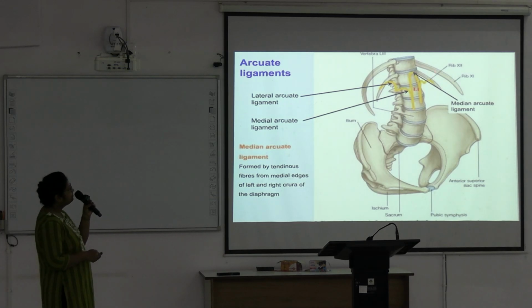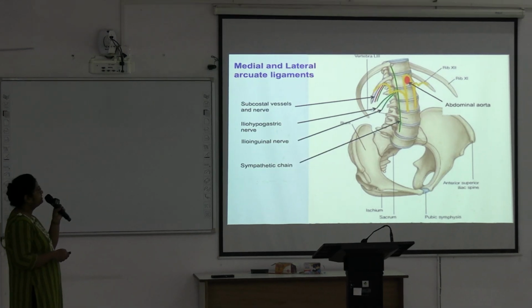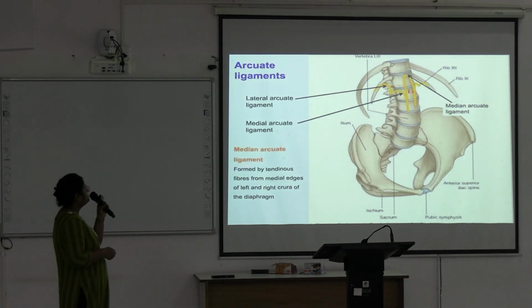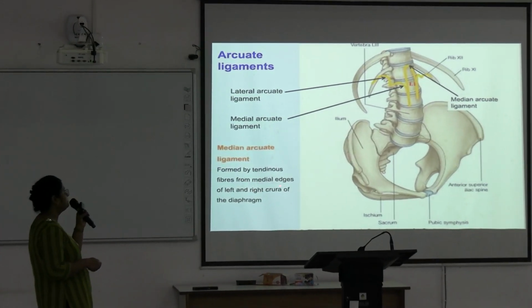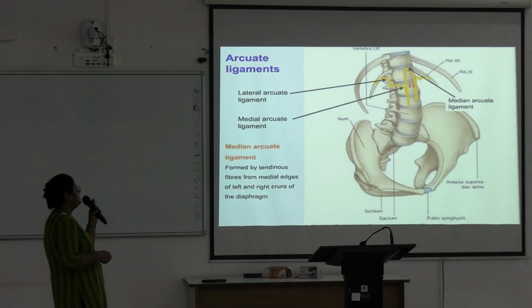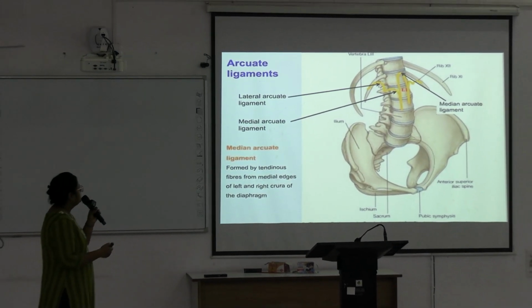And these are the crus of the diaphragm, right and left crus of the diaphragm. Extent of these two crus is different. Okay, so the median arcuate ligament is formed by tendinous fibers from the medial edges of left and right crura of the diaphragm. Okay, next,